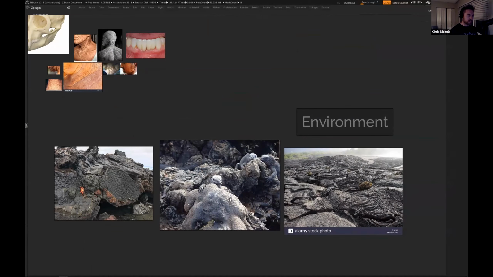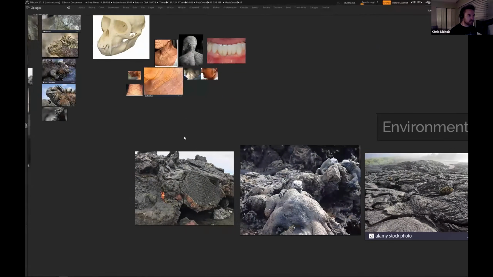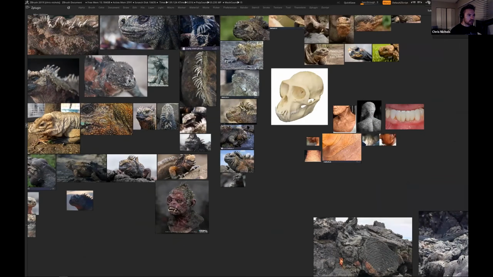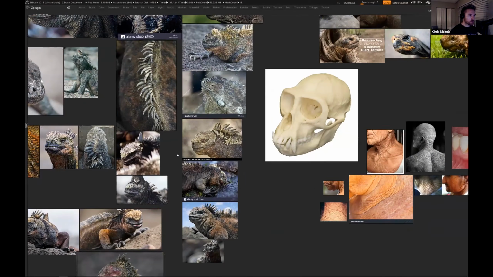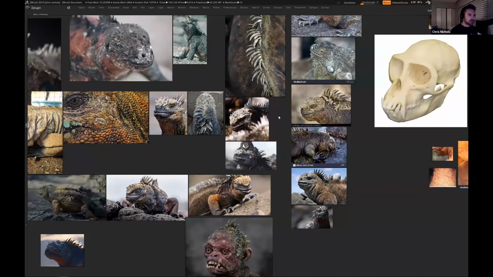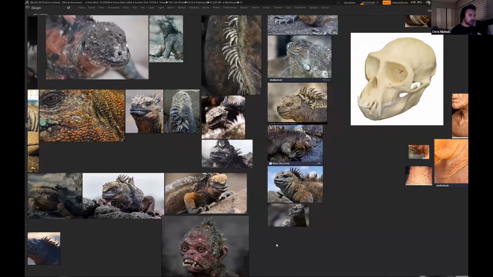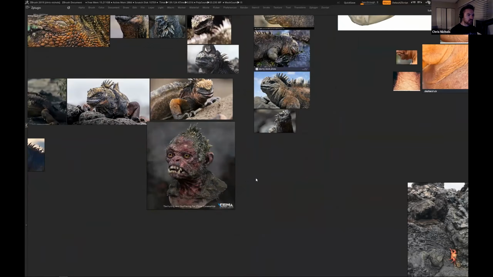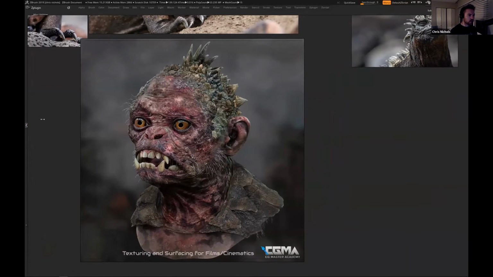So what is it eating? Like, what's the conditions of the weather? How much sun is going to be beating down on that creature's face and creating lots of dry skin, leatheriness. And then that translates into the color, into the bump surfaces, into the reflection, all the little details that I want to add. And so once I have that, I start to create a concept.